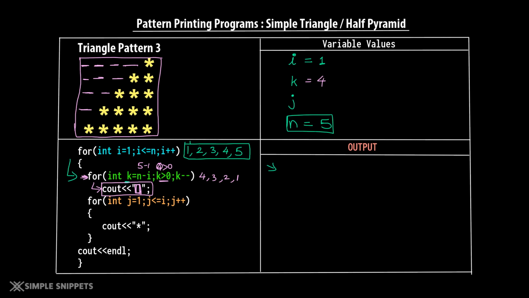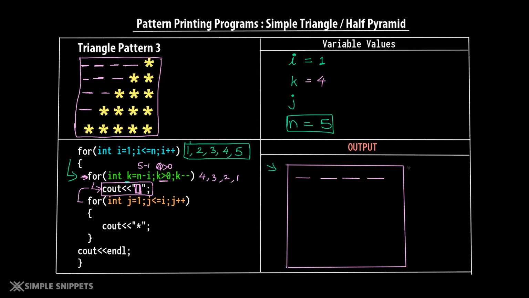So on the output screen, for the first line, let me just draw the output screen over here. Let's say this is the command prompt. You'll get 1, 2, 3 and 4. So you can see 4 spaces are printed, after which this for loop will exit. And then we will go to another for loop, that is the third for loop, which is after this for loop. Now this for loop is where the star is printed. So let's see the condition for this for loop.